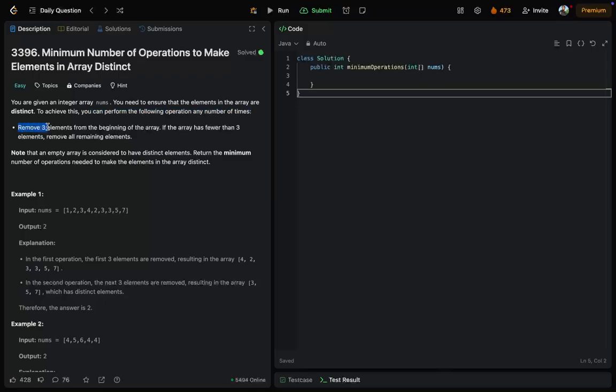We will remove 3 elements from the beginning of the array. If the array has fewer than 3 elements, we need to remove all the remaining elements. Note that an empty array is considered to have distinct elements. Our task is to return the minimum number of operations needed to make all the elements